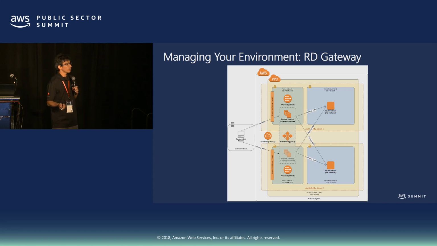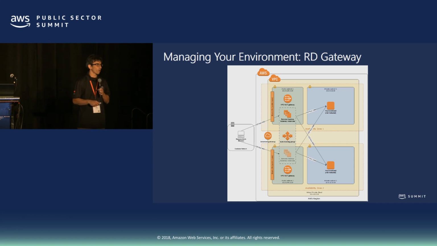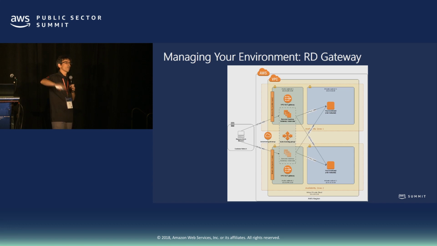And how can you connect to your servers, your Windows servers? One option would be using a remote desktop gateway. So you have all your servers sitting on AWS with private IP addresses. You won't be able to access them through the internet. And then the best way to do it is to have an RD gateway, a remote desktop gateway, that once you jump to this remote desktop gateway, you can manage your servers.